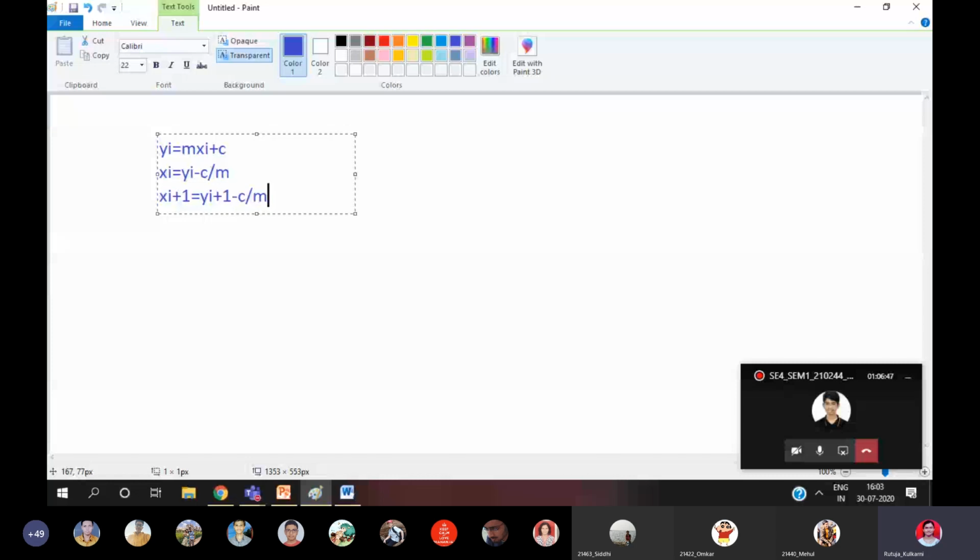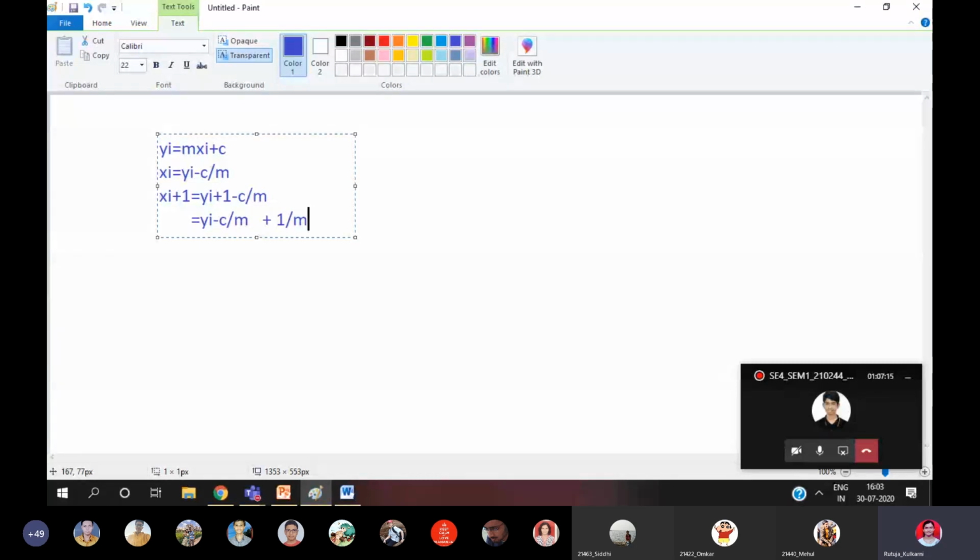So the next increment of x I calculate like this: (yi minus c) divided by m, plus 1 by m.